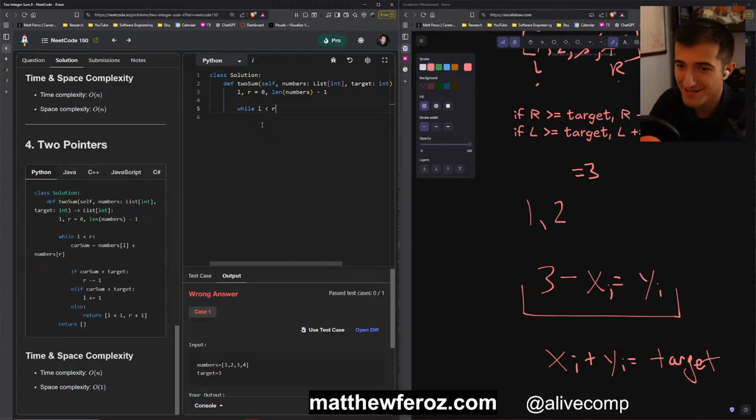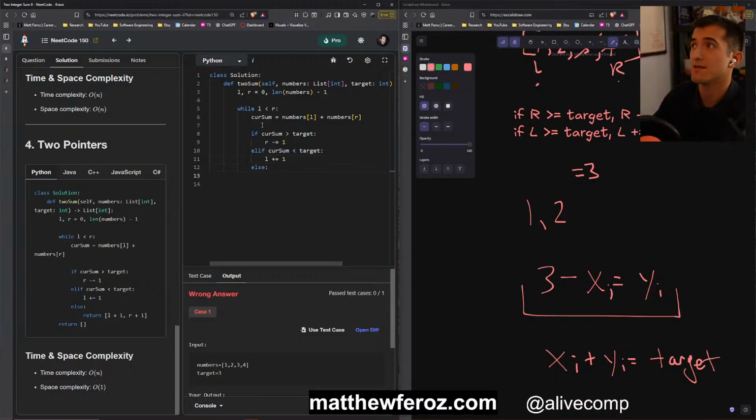While L is less than R, we're going to have the current sum equals numbers L plus numbers R, which is the actual values inside the indices. We're adding them together. And if the current sum, yeah, this makes sense, is greater than the target, so I got one part of this right, but definitely not completely right, you reduce R minus equals 1. If the current sum is less than target, then we do L plus equals 1, and then else,